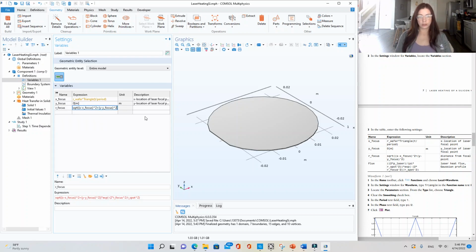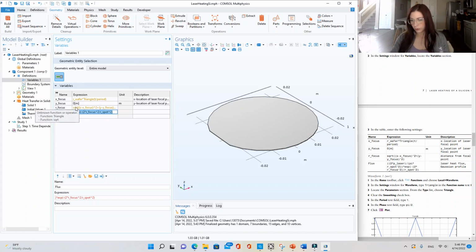Let's see. Go through it from the beginning. Okay, oh, I started writing the flux equation because I'm going back and forth. So it ended at y focus squared. Okay, there we go. And then for the last variable, flux, this is going to be